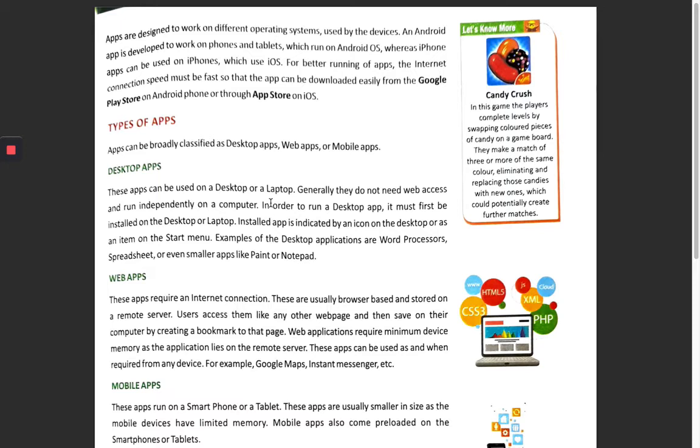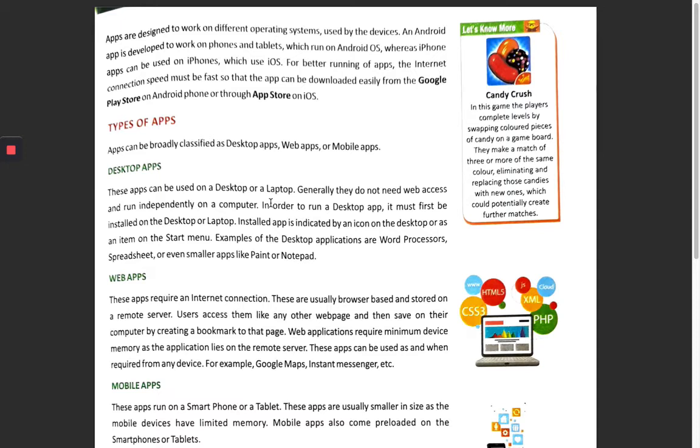A desktop application can be used on a desktop or laptop. Generally, they do not need web access and run independently on the computer. In order to run a desktop app, it must first be installed on the desktop, and the installed app is indicated by an icon on the desktop.